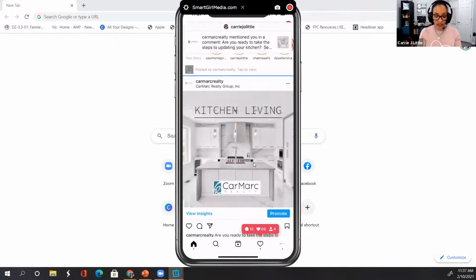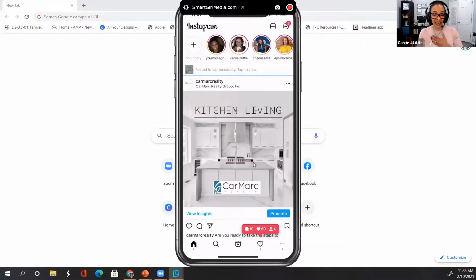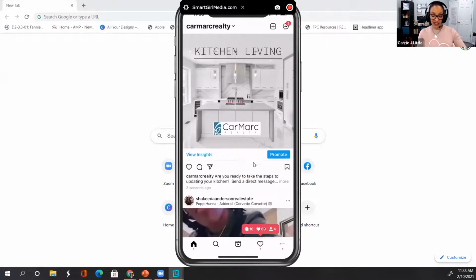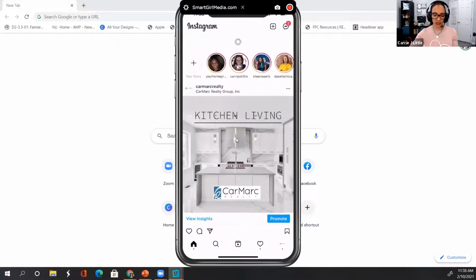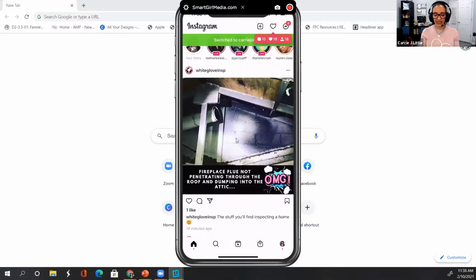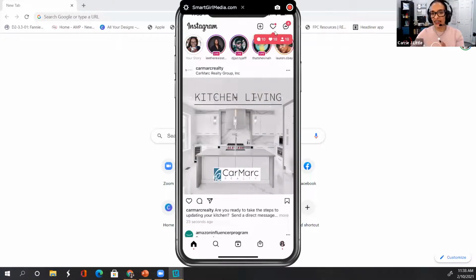Now when I go back, so here's my post. I was tagged in the post, so I got an update that I was tagged. And I can share the post here. And then notice at the top of the screen, I have 2 private messages. And I'm going to go back a step to my other account. Do you see now the heart? I have 10 comments, 18 hearts, and 18 tags. So this is what's happening with my real estate account as Carrie, the real estate agent.